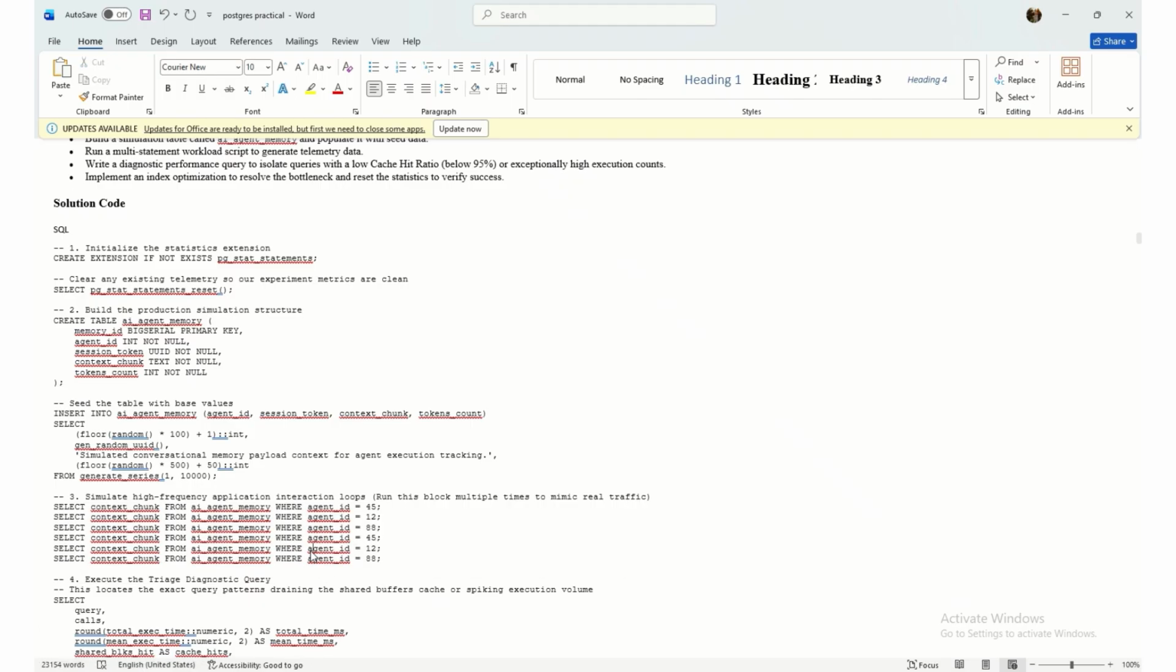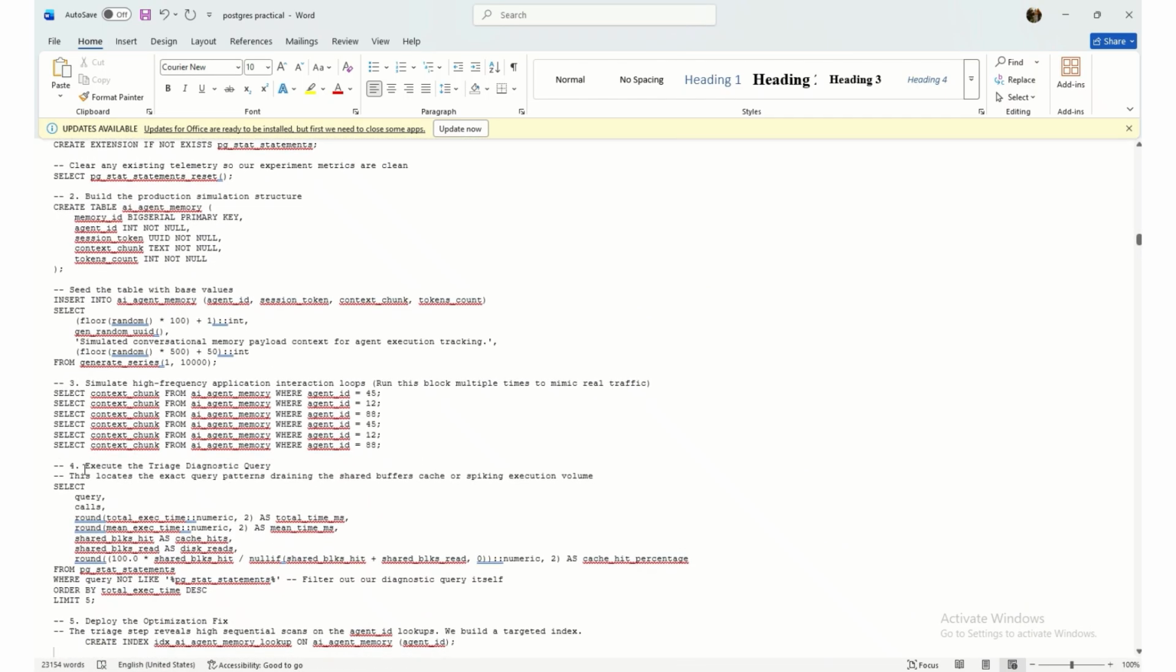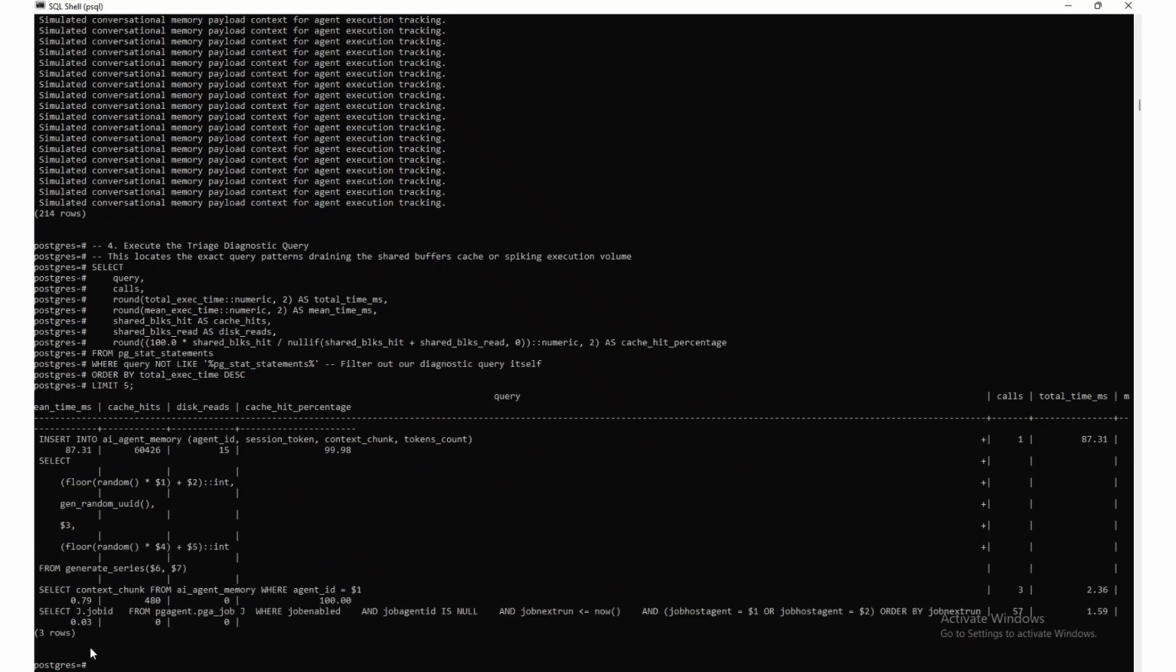After you execute these select statements, we'll have to go to the next task, that is task number 4. Task number 4 is to write a diagnostic performance query to isolate queries with a low cache hit ratio, that is below 95%, or exceptionally high execution counts. So this is the query to execute the triage diagnostic query. This locates the exact query patterns draining the shared buffers cache or spiking execution volume. I'll paste it here. As you can see, this has given me the output by executing the triage diagnostic query, and